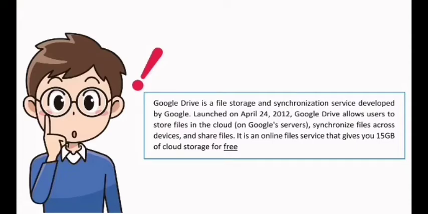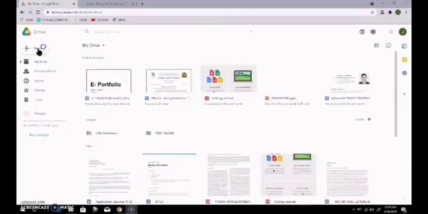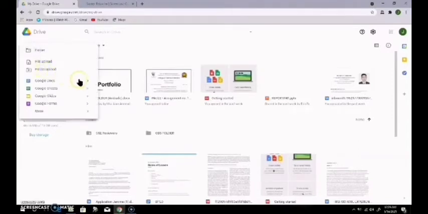It is an online file service that gives you 15 gigabytes of cloud storage for free. Now let's begin on how to create a file from scratch. Let's use creating a Google Doc as an example. Click New, then click Google Docs and choose the option to create a blank document or create a doc